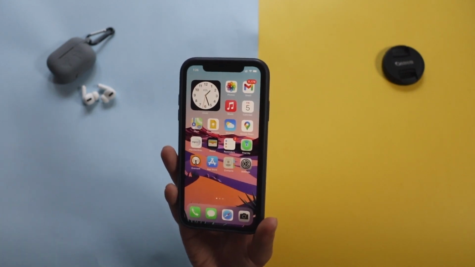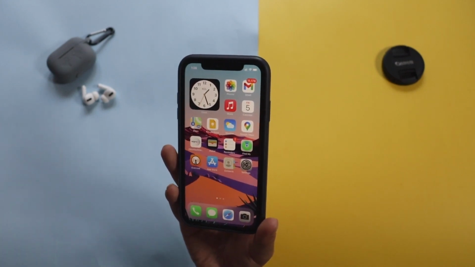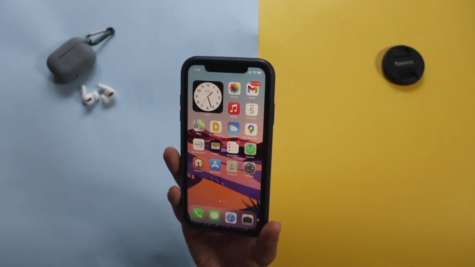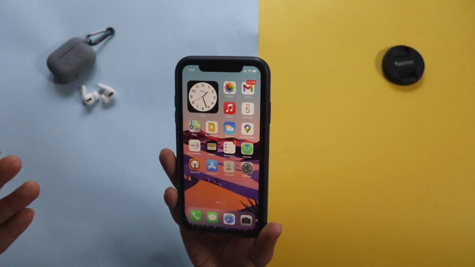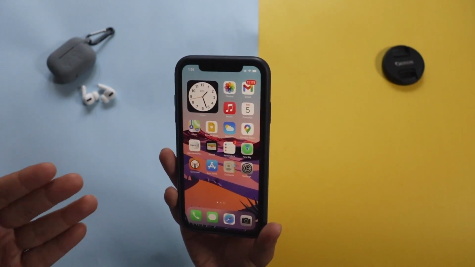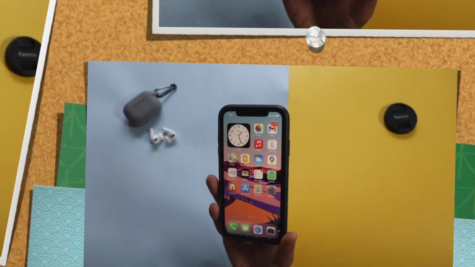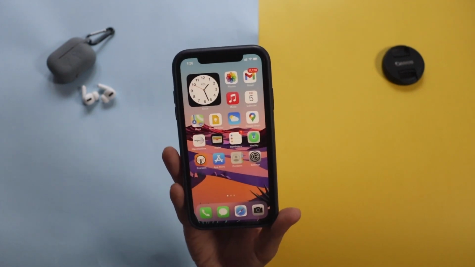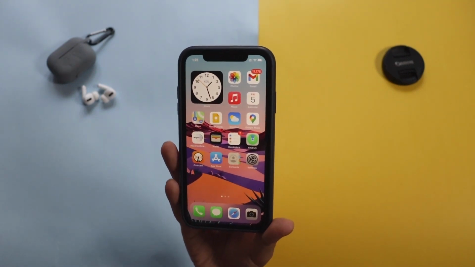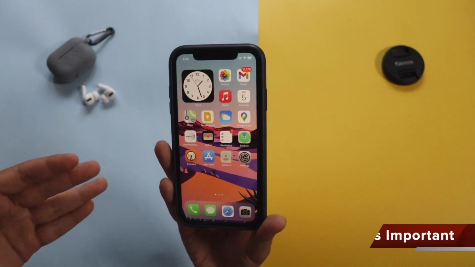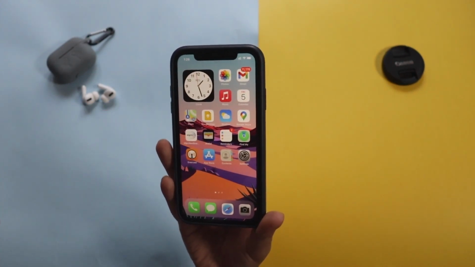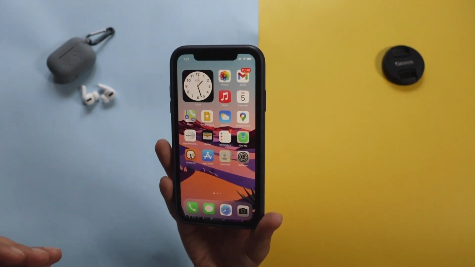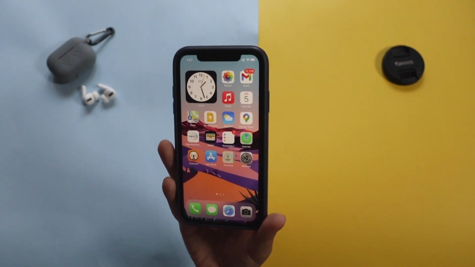Also, a lot of you were commenting asking whether you should upgrade from iOS 14.1 to iOS 14.4, or iOS 14.2 to iOS 14.4. As I said in my last video, from a security perspective, this update is very important. I also left a link in the video description explaining why it is very important, because there were kernel updates and a WebKit update that got patched with iOS 14.4. So I urge everyone watching this video to update to iOS 14.4 if you have not updated your iPhones yet.